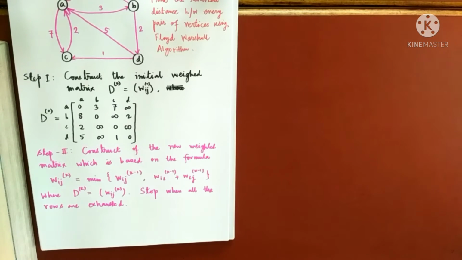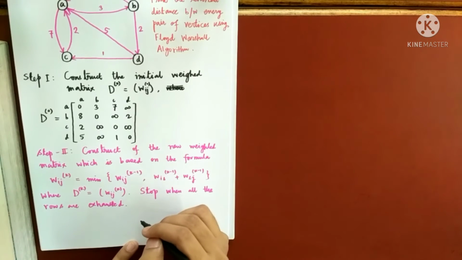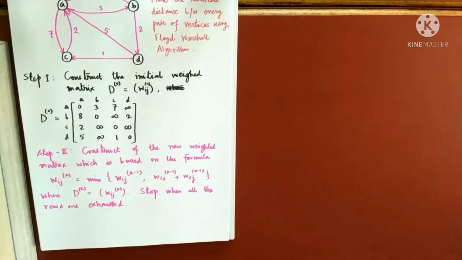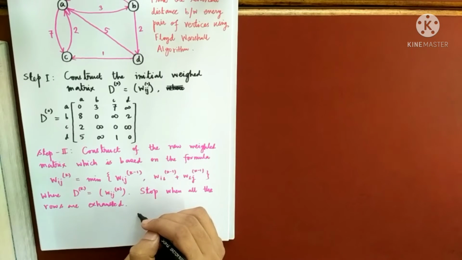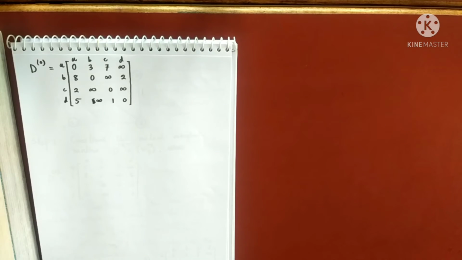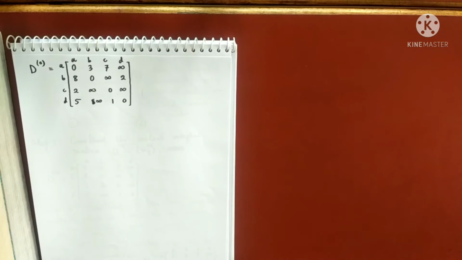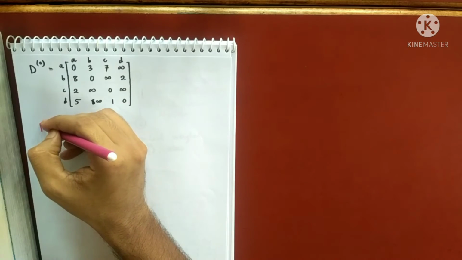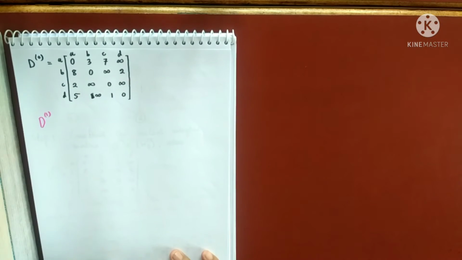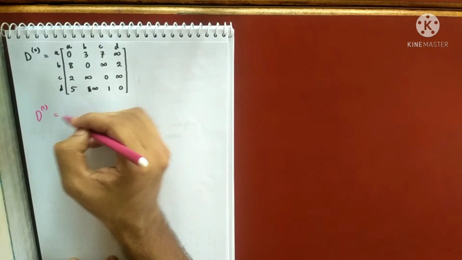So before that, once we have this weighted matrix, with the help of this weighted matrix we'll construct a new weighted matrix, and we will do it for every row. So what I mean by this, let's construct the new weighted matrix. There is a shortage of space, so I'll be doing it here, okay? I have written the D0 matrix here. Now we'll construct D1. You don't have to look at the graph anymore. Try to understand my point, okay? No need to look at the graph.